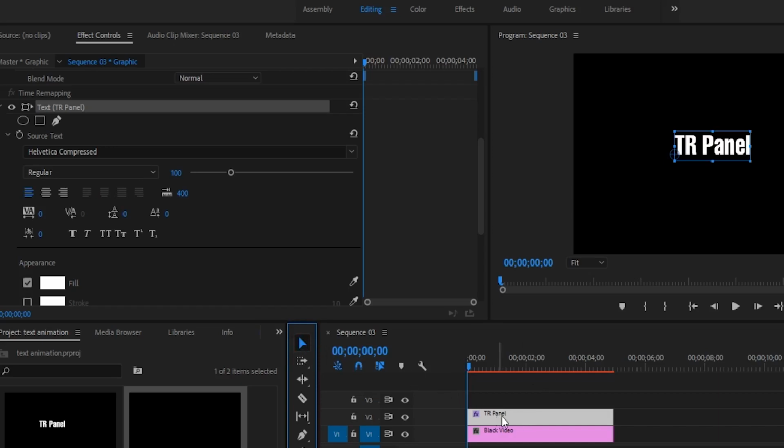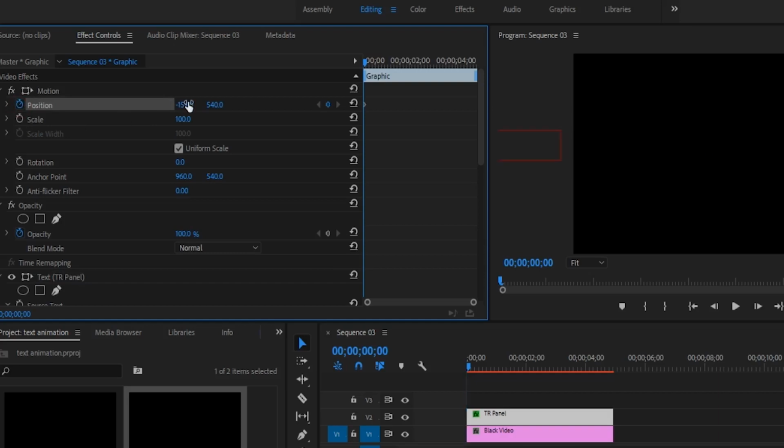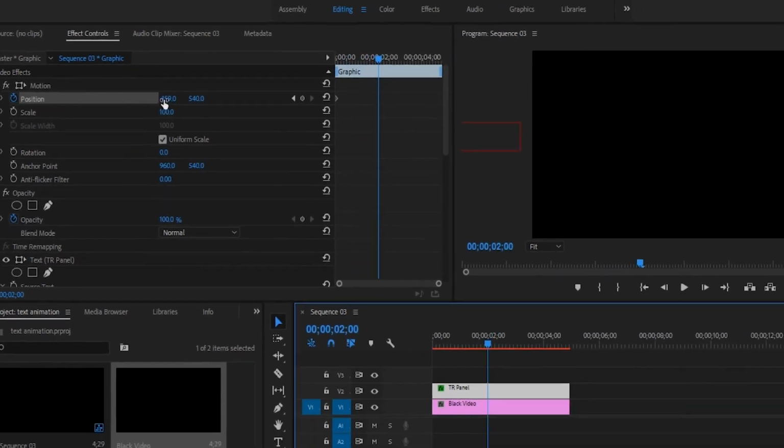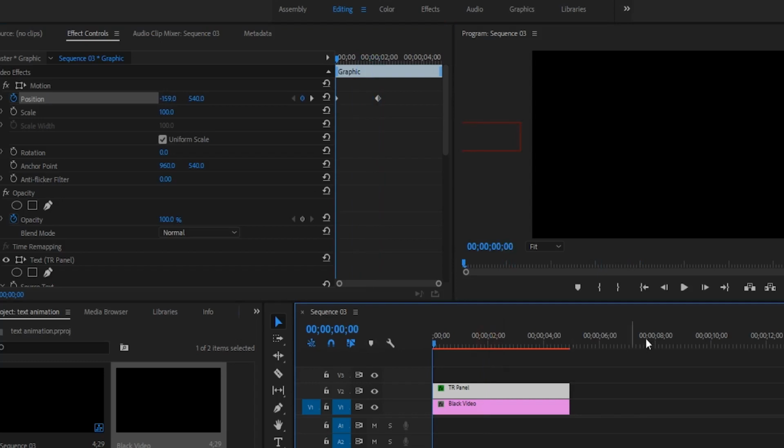Now select your text layer and scroll this up. You can see here position. Select this keyframe and move your position like this. Now your text is out of frame. Now move this slider forward to 2 seconds. Change this position again, something like this. Now if you play the animation,